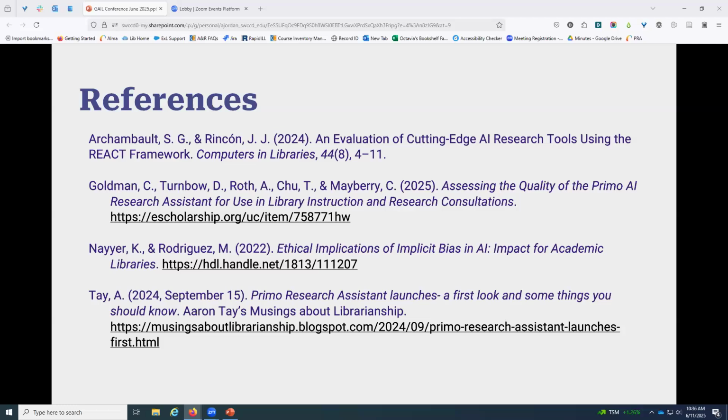We do have a question here. They say, forgive me if I missed this, but did you also have students test the tool? Not for this. We didn't quite have the time and space to do that. And we wanted to first tap our own colleagues around the CCCs to get that librarian perspective.